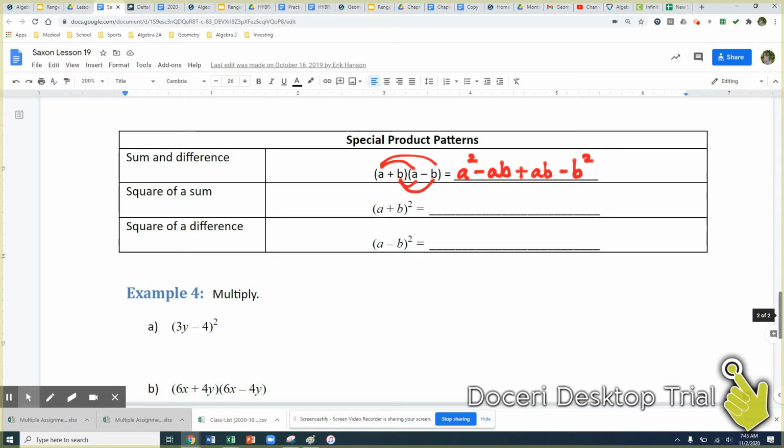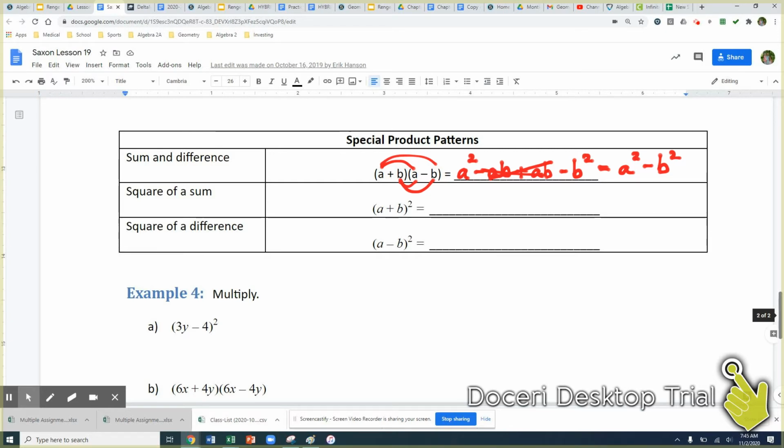So here you got a plus ab and a minus ab. You have the exact same two numbers. They're going to cancel out to be 0. Our result ends up being a squared minus b squared. So your O term and your I term are going to cancel out. We're going to talk a lot about this as we continue through